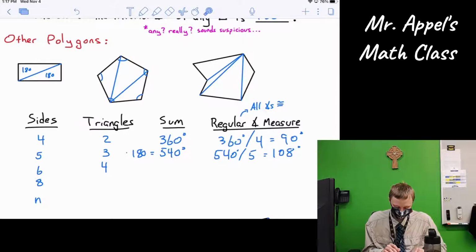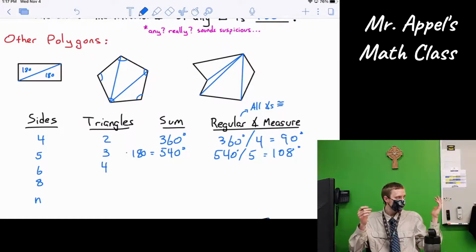6 sides, 4 triangles. Notice that this is twice as many as 2 triangles. So 360 times 2, or 180 times 4, gives us a grand total of